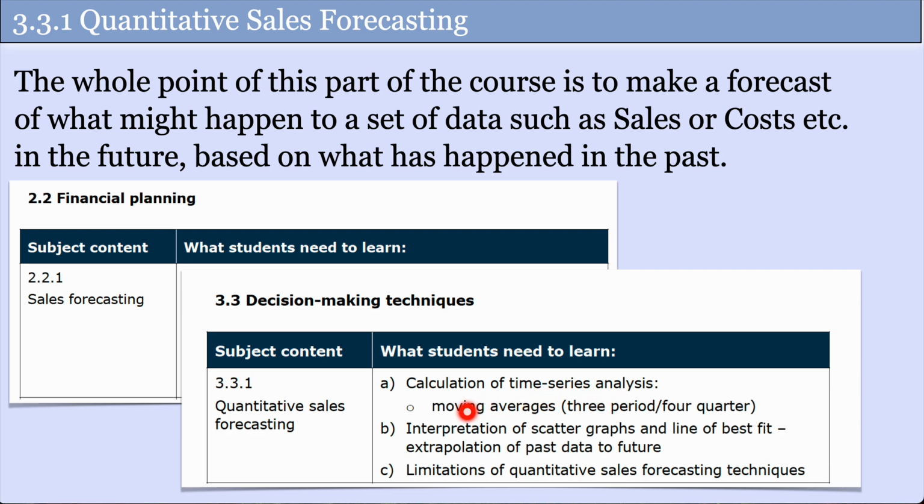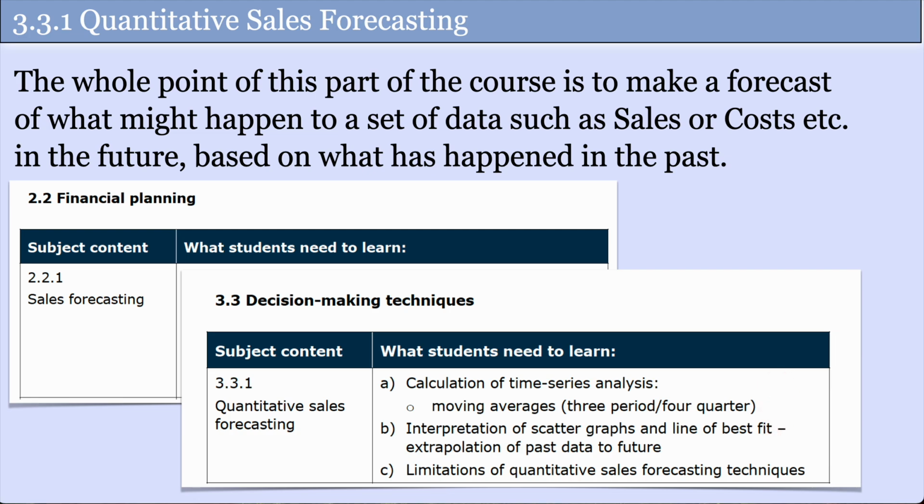analysis, and it's simply called a moving average, and you have to do a 3-period and a 4-quarter one, and then you've got to interpret it as well and put in a line of best fit, and then extrapolate that past data into the future. So in other words, you've got some past data, and we're saying, well, how is that going to be moved forwards into the future, and then that gives us the basis of our forecast for what the future sales might be, and then what are the limitations. But we're just going to basically do these first 2 here in this video, and then we'll look at the